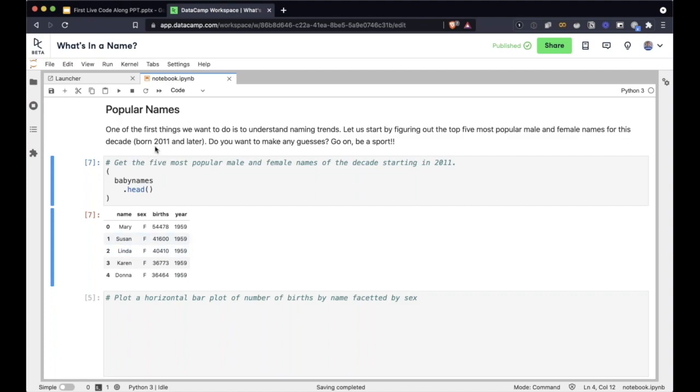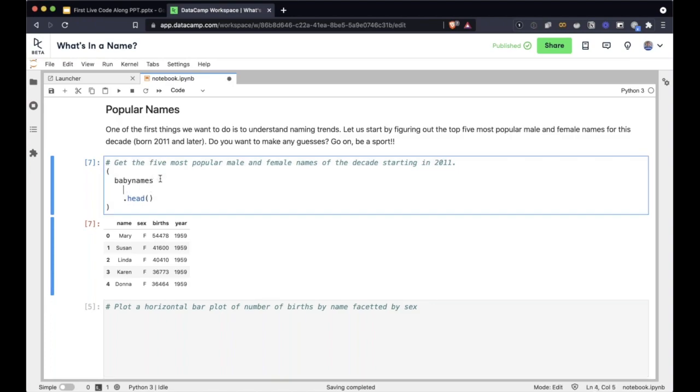The first thing we want to do is only look at babies born 2011 and later. To do that, we're going to filter this data set for only those rows. There are many different ways to slice and dice data in Pandas. For this particular filtering, I'm going to use the query method. The nice thing with the query method is it's very concise. Inside the query method, you can pass in a SQL kind of query. And here I'm going to say year is greater than 2010. This will give you all the babies who were born after 2010. Let's run this code cell to make sure that everything is good.